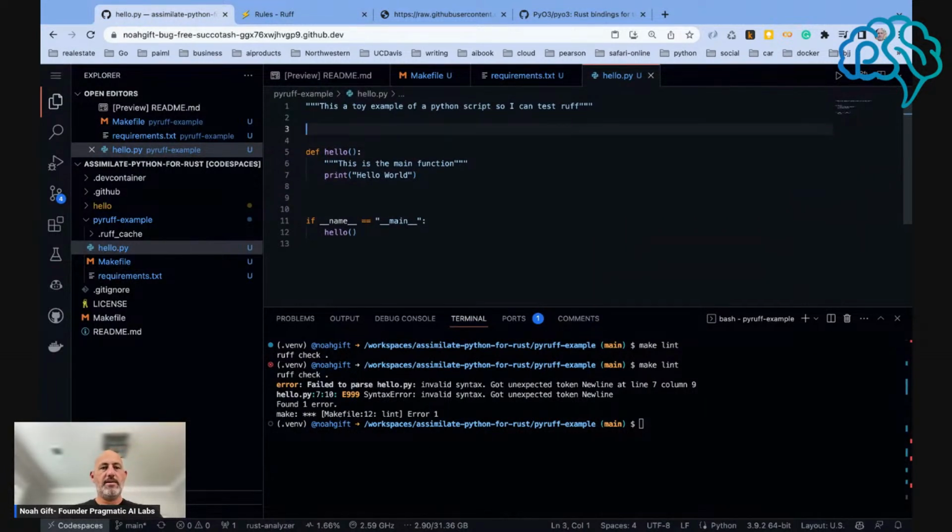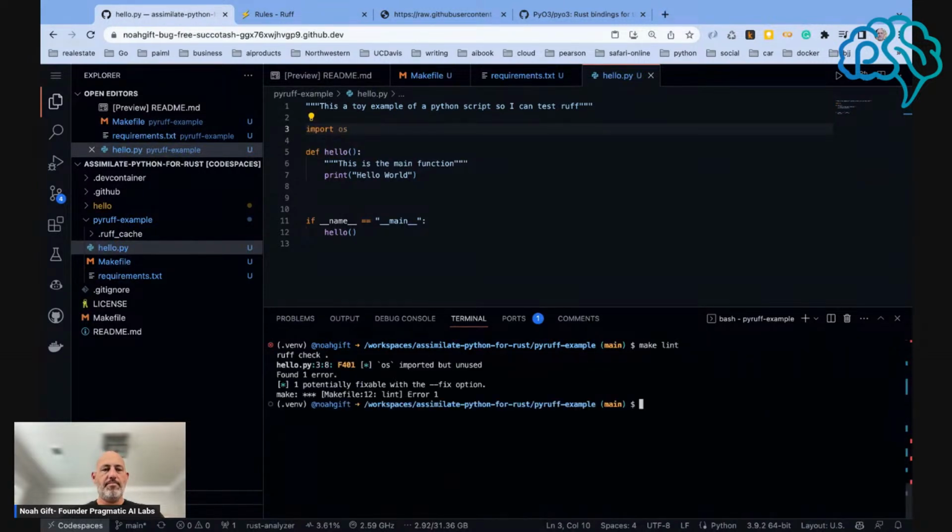So let's just say import os, right? Because that's kind of a classic one, right? Make lint. There we go. os imported but not used. So I'll just leave this as an example for somebody, and we can say that